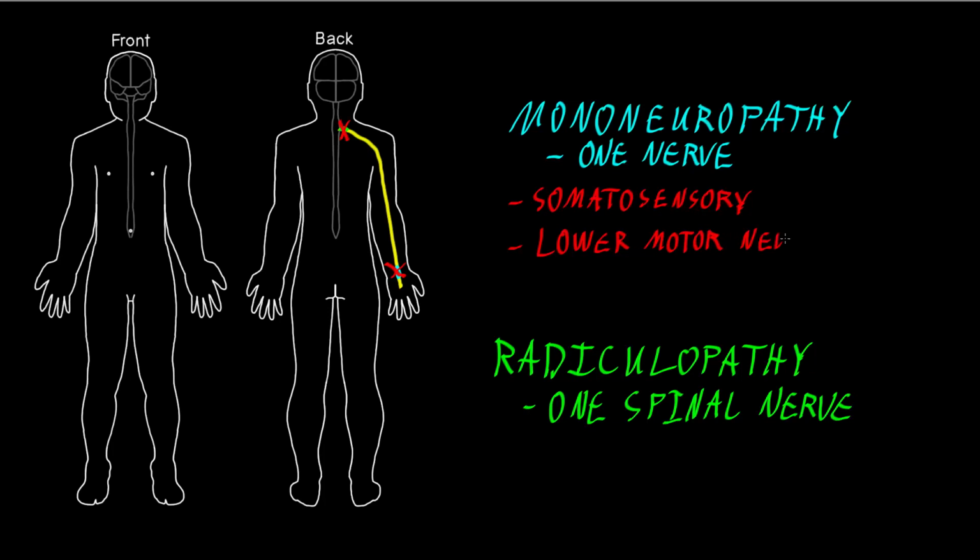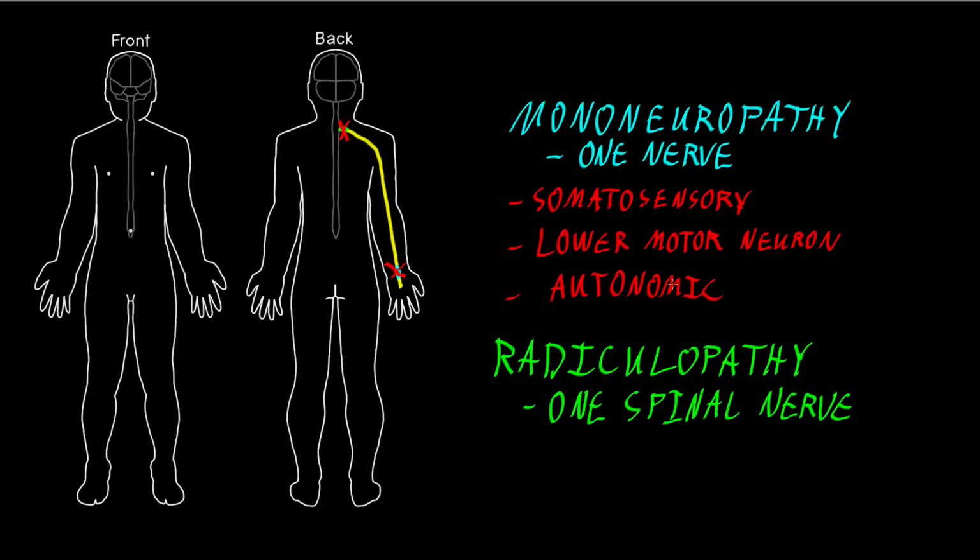And theoretically, we could see autonomic abnormalities, because the axons running in nerves of the peripheral nervous system are those of somatosensory neurons, lower motor neurons, and